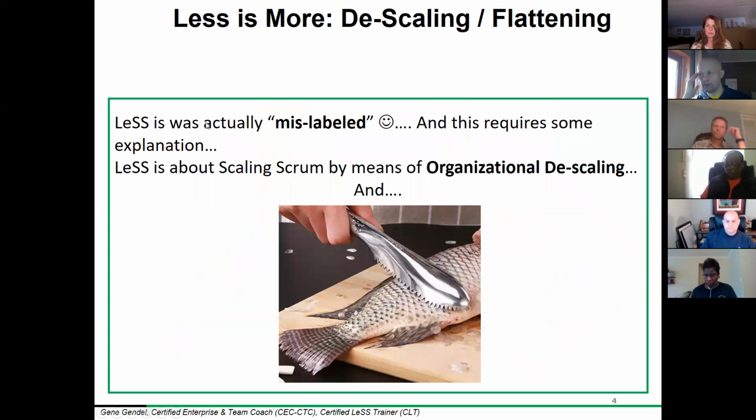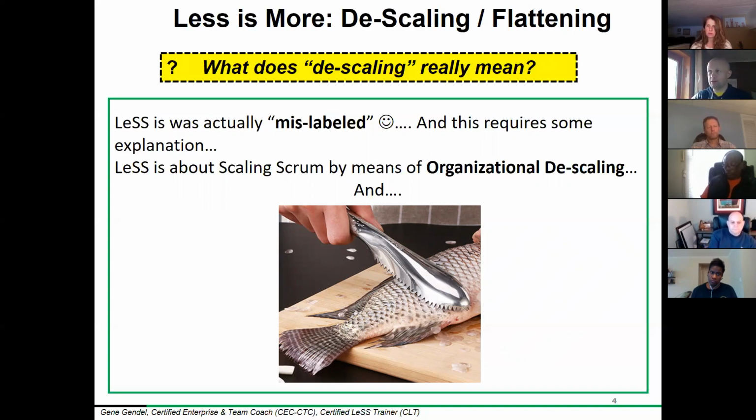So here's the thing that probably needs to be clarified for everyone, and this is something that the co-founders, Bas Vodde and Craig Larman, stress a lot. LeSS was originally mislabeled. It's called a scaling framework, but in reality, it's a descaling framework. So what does it really mean? You can argue what descaling really means. Obviously, it's not descaling fish. Descaling means